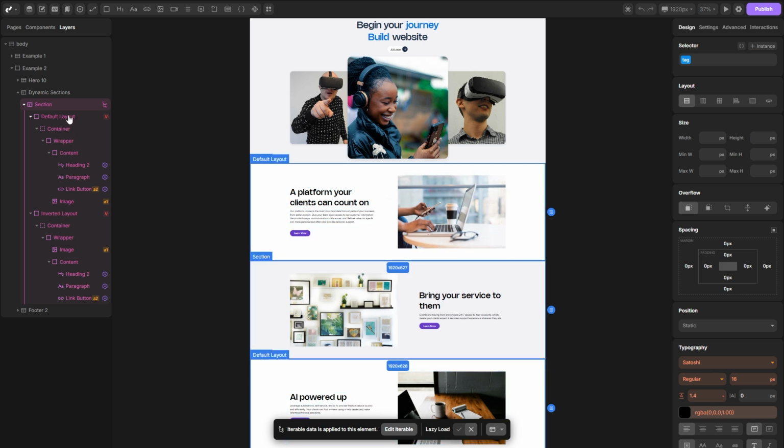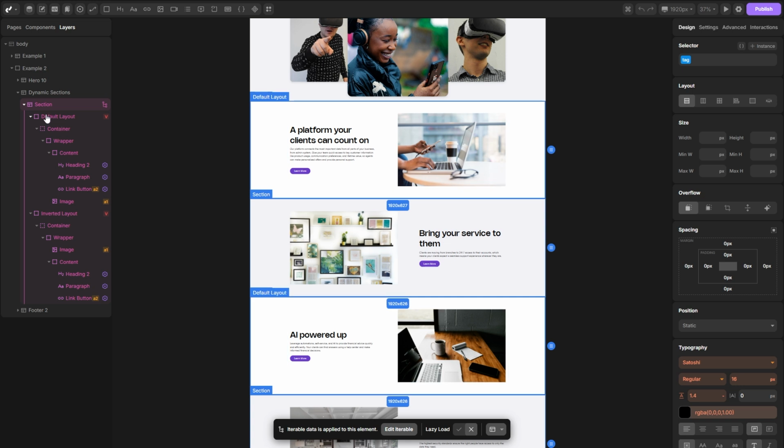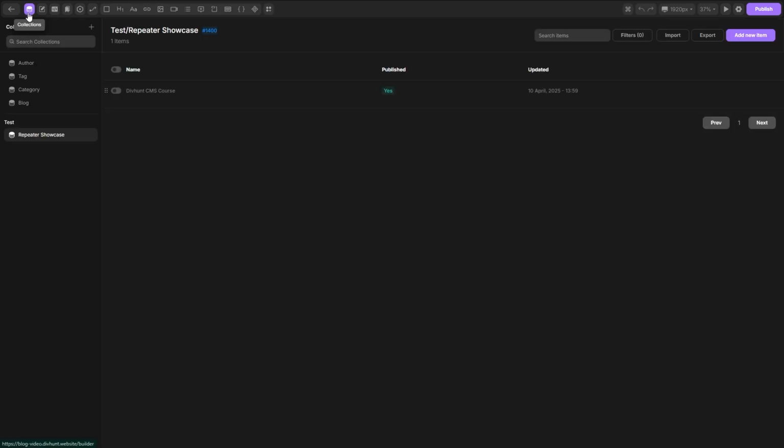With these options, I can choose if I want to have a default layout, which has text on the left side and the image on the right side, or if I want to have an inverted layout, which has this inverted styling. Now, let's go to the collections, where you can see this repeater showcase collection, which only contains one